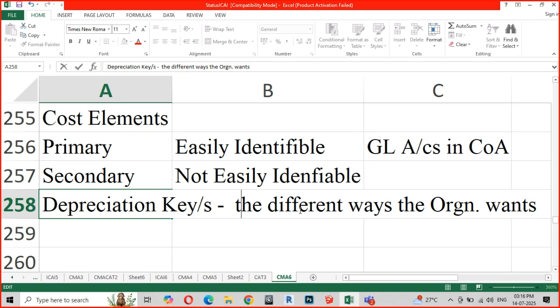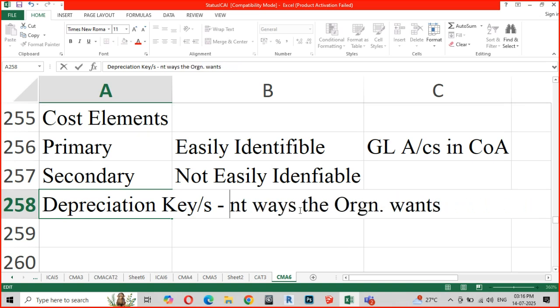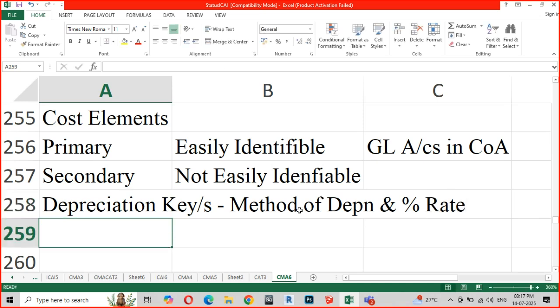The most important thing is it contains critical information as regards the method of depreciation and percentage. So each category of asset